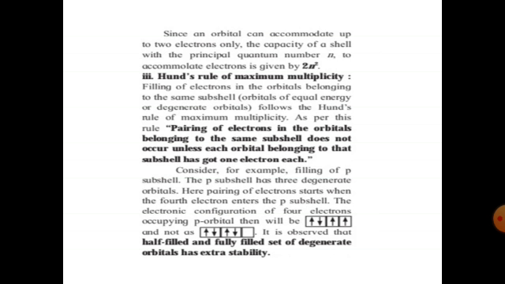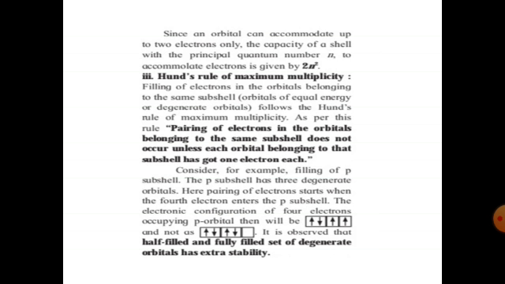Consider for example the filling of the p subshell. The p subshell has 3 degenerate orbitals. Here pairing of electrons starts when the 4th electron enters. That means in the 3 degenerate orbitals, 1 electron is filled in each, and the 4th electron will be paired. The electronic configuration of 4 electrons occupying the p orbital will be,